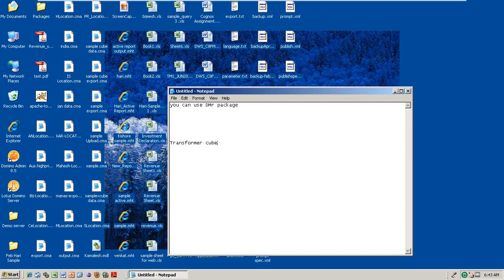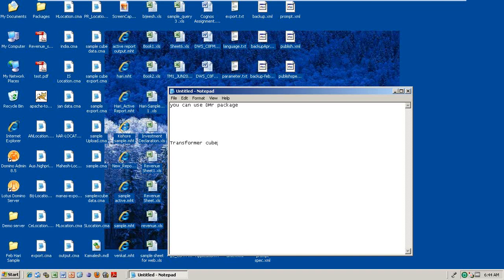But if you go to the transformer, whatever the time the cube is built, whatever the data is available at that time, that data only will show when you are running the Power Play Studio, because it will go and hit the transformer cube only, not the database.